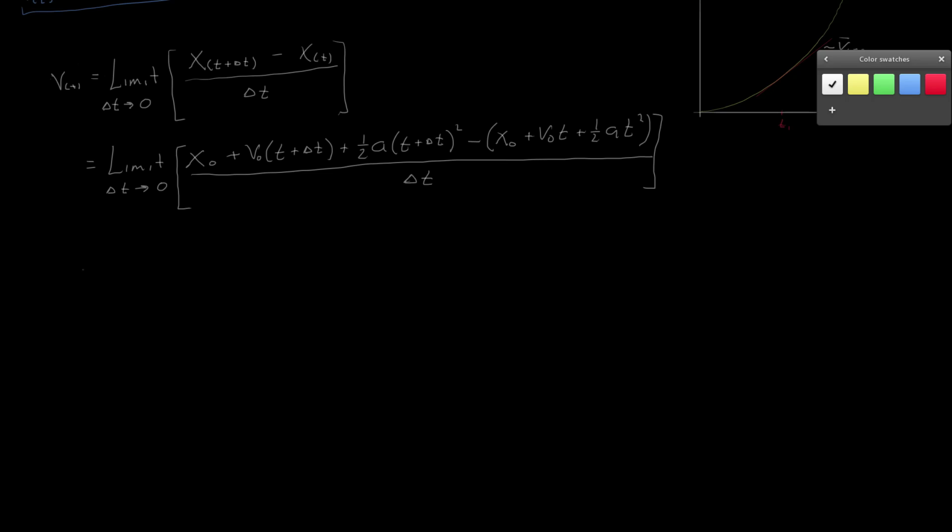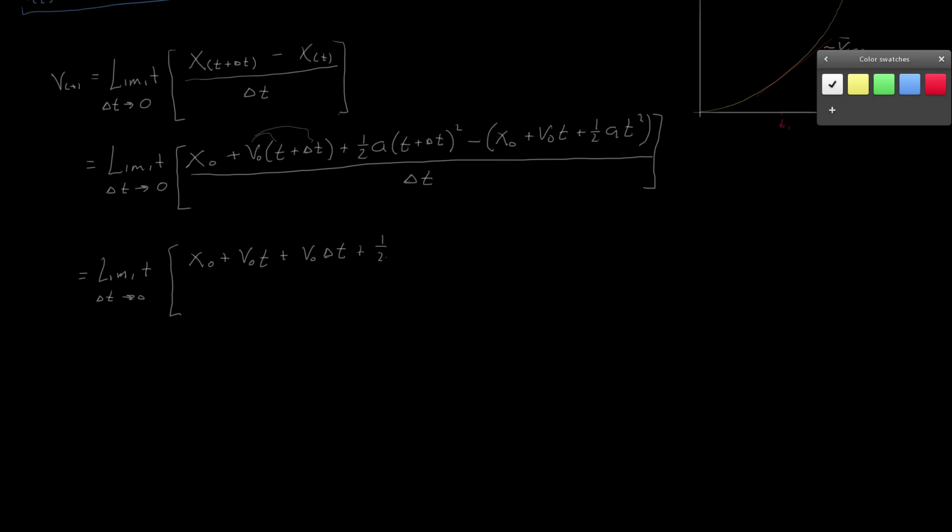The hardest part about calculus is the algebra. So let's just work out the algebra here. Limit as delta t approaches 0. Keep a big bracket. So x0 plus, here's v naught times t, distribute, times delta t. I've just distributed here and distributed there,